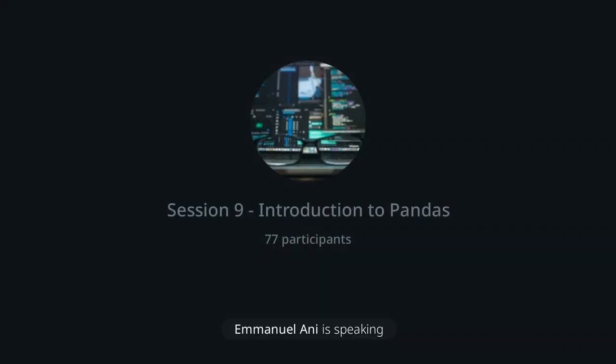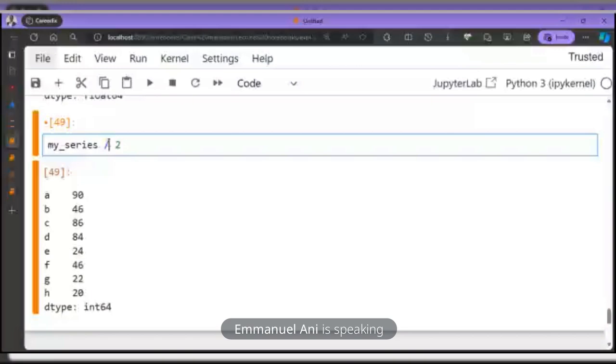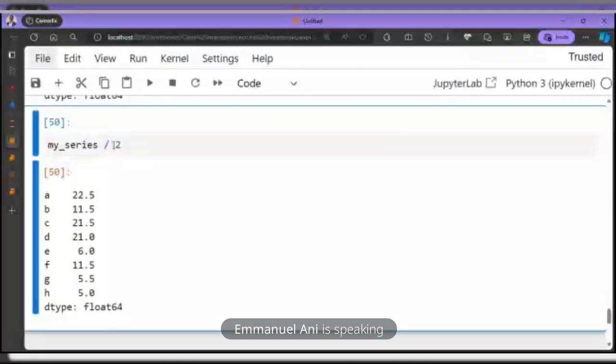All right. Sometimes you work with a lot of data. This is just a very small dataset we are working with here, but tomorrow's class, we're going to be introducing how to read CSV and work with CSV in Pandas, right? At that point, you're going to be seeing quite a number of rows and all of that. So this is how you can perform a vectorized operation. All right, you can do division, you can do